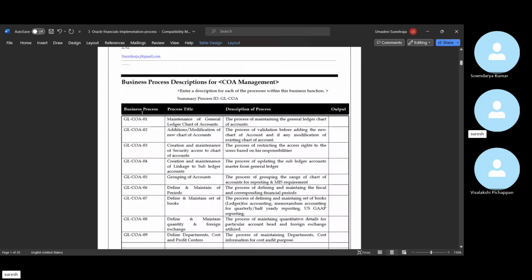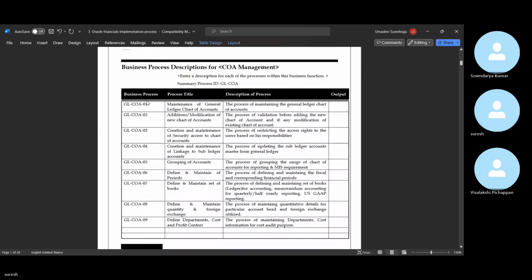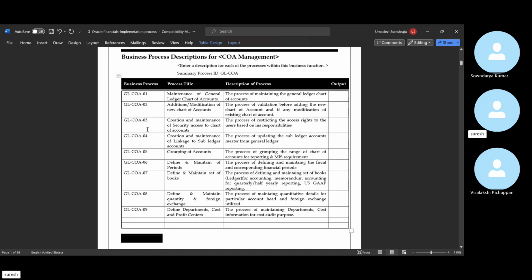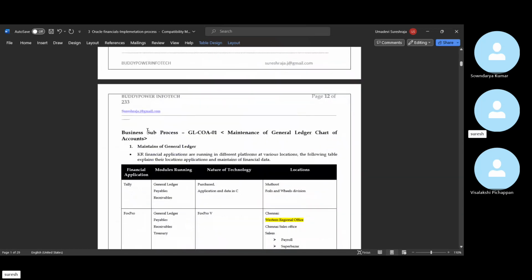See how they are managing the chart of accounts. They are maintaining the general ledger chart of account validation. They do a validation before adding it, like that. It is there. And if you see,